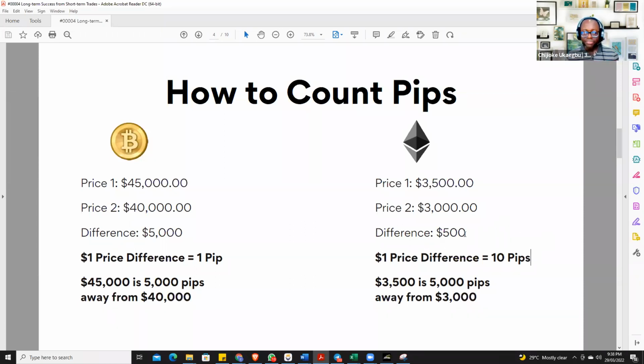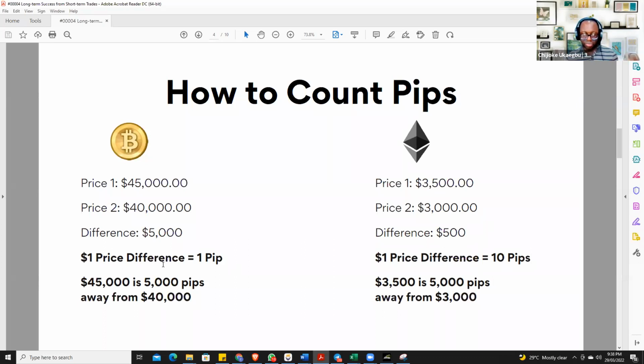So you have $5 here, but we are saying $1 price difference for Ethereum is 10 pips. So this $5 in Ethereum is equivalent to 50 pips. You multiply by 10 to get the number of pips. Although in Bitcoin this is going from 45,000 to 40,000, and this difference is 5,000 pips, in Ethereum, even though we only went from 3,005 to 3,000, the difference is also 5,000 pips because of